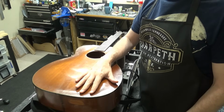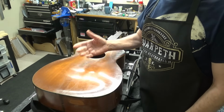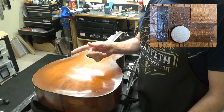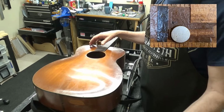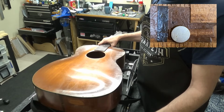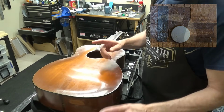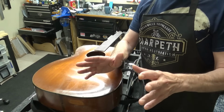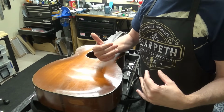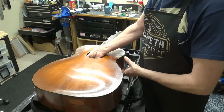Well, my first two attempts to get the magnet out were unsuccessful, but if I do get it out, I put in an email to the customer to find out what type of glue he used, so maybe I can use a solvent that would dissolve it a little easier. Either way, if I do get it out, it's going to be using this technique, and I'll warn you, don't try this at home if you're bigger than me. You might want to find someone that's 5'7" or shorter, 150 pounds or lighter to do this, because